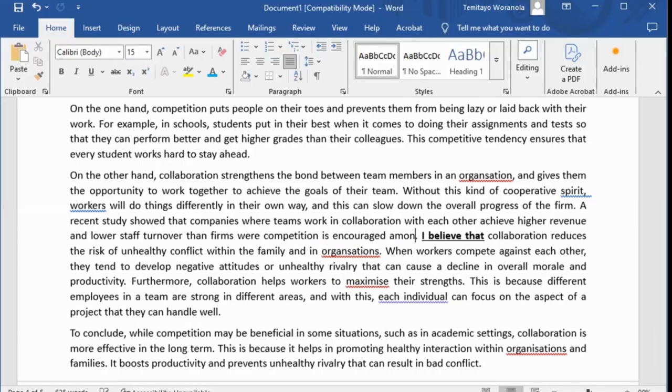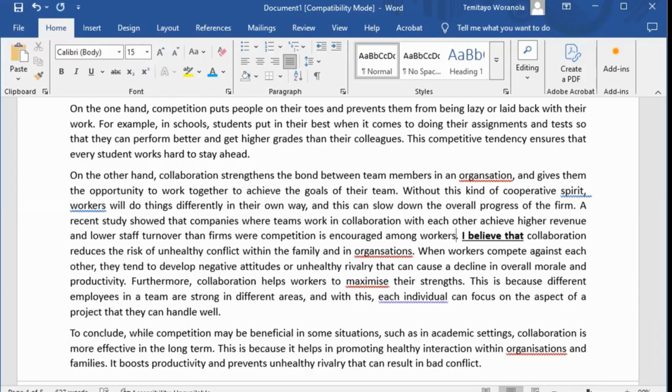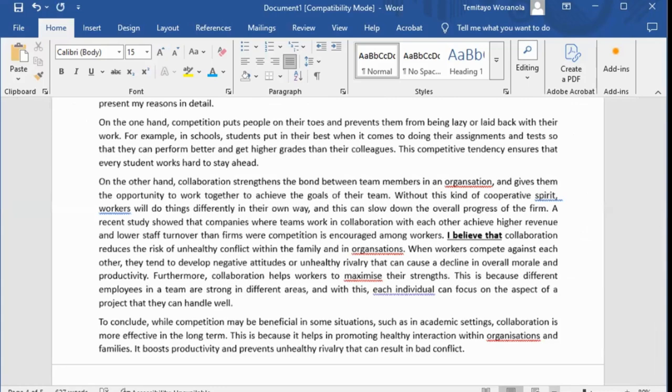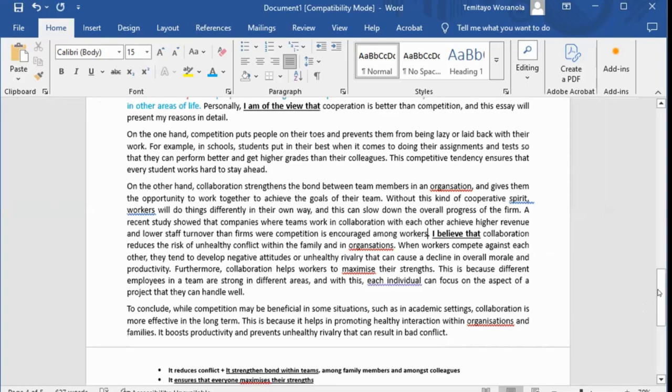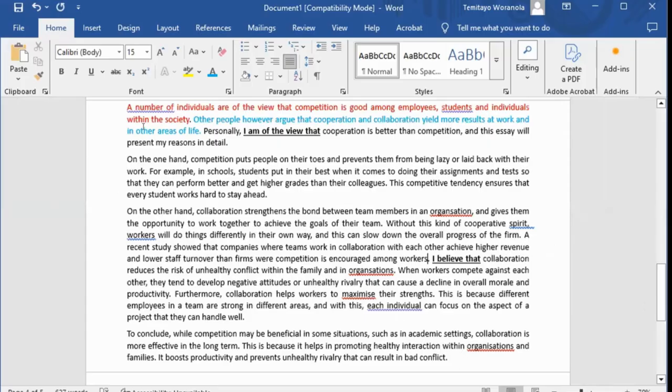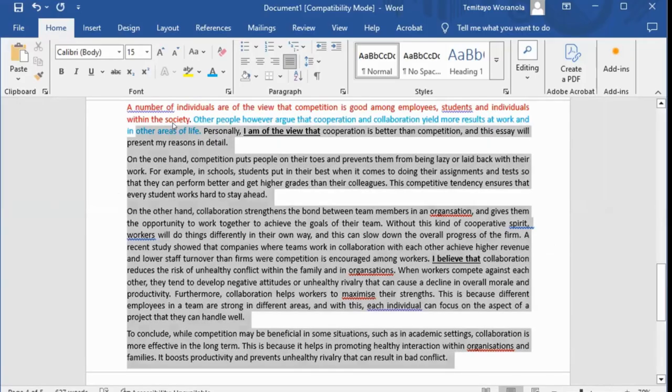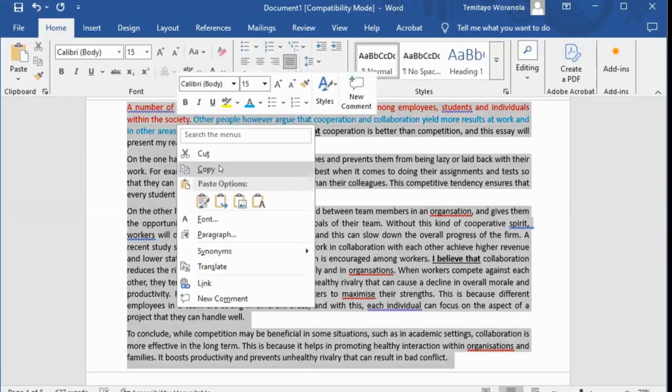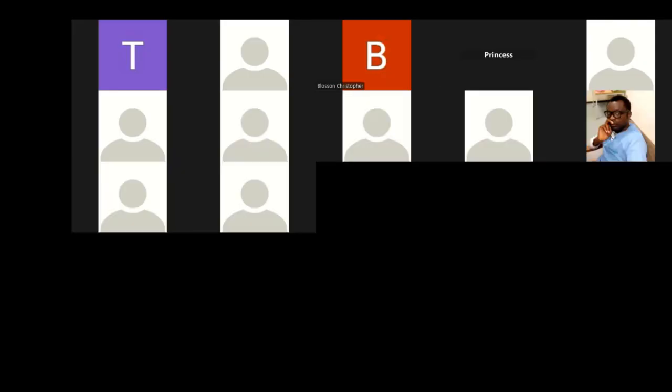So there must be an example to buttress your point. It helps to give strength to your essay. It's very, very important. So, ladies and gentlemen, that's my essay. Now, there's one thing I want to add here. You can also use ChatGPT to check your essay. Now, let me do that now. So, I'm going to copy this essay now. I will go and paste it inside ChatGPT. I want you to look at what I'm about to do now, ladies and gentlemen. You are going to learn from this.